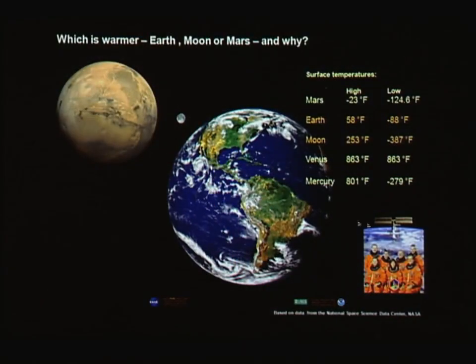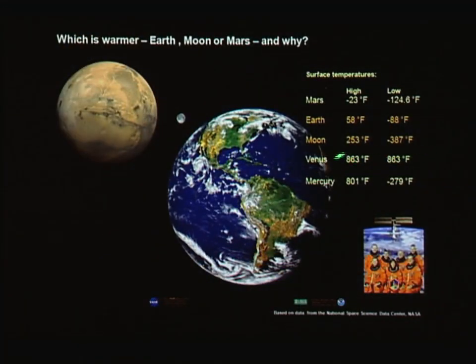Now, distance does play into this in that Mars, let me use the green pointer, Mars is further from the Sun and it's colder, the high and low. Earth and the Moon are kind of in between, although the Moon gets much colder and much hotter. And Venus is closer to the Sun, so it's warmer. Mercury is closer to the Sun and warmer. Venus is unusually warm, even though it's number 2, not number 1 distance from the Sun. So there's something else important that has huge impact on the overall temperatures.